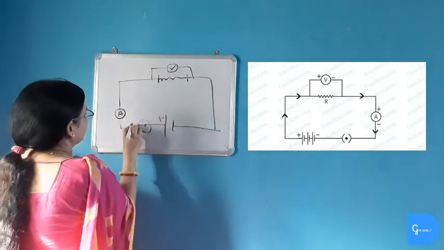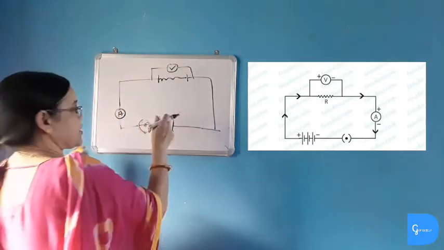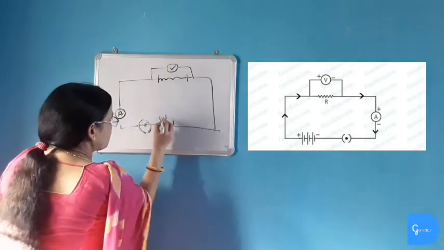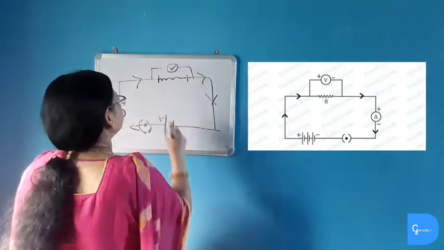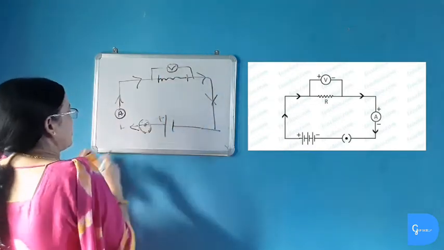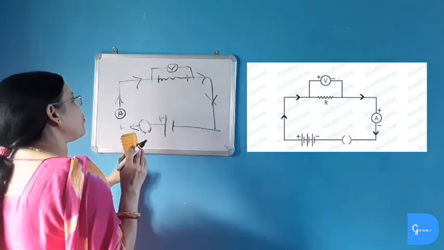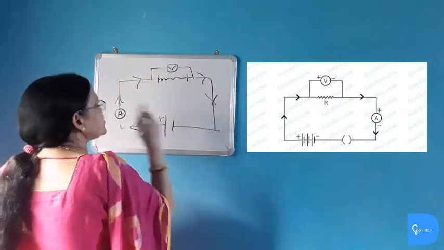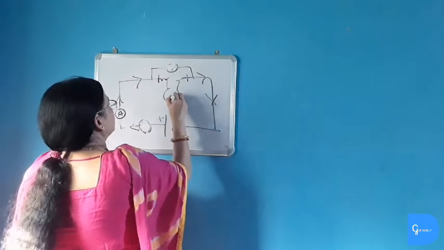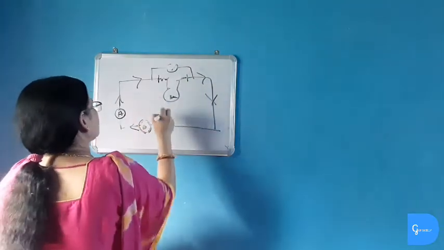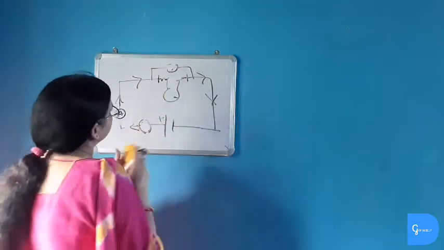And the direction of current, when the switch is closed, then the current will flow. As the circuit is complete, the direction of flow of current will be from positive direction to negative direction. And if the switch is open, then what happens? There is a break in the circuit, and so there will be no flow of current in the circuit. If we place a bulb here instead of a resistor, the bulb will glow when the switch is closed, because the current is passing through the circuit, and the bulb will stop glowing when the switch is open.